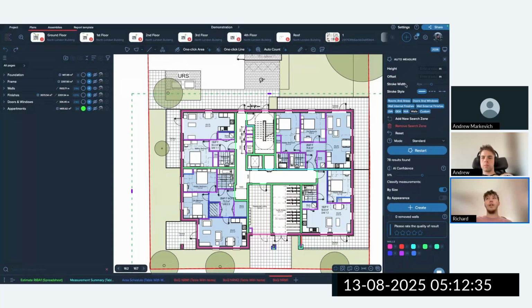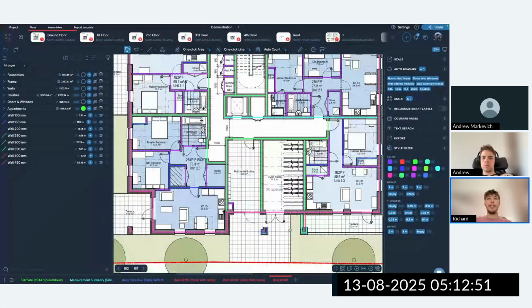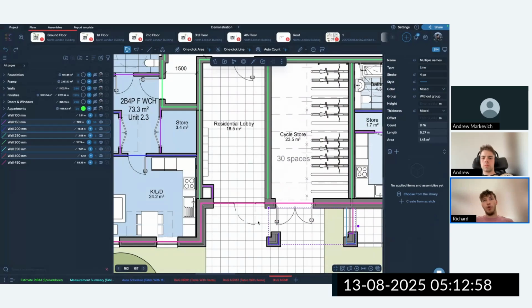You can choose line style, line width, and finally press create here. When you press create, you have all your measurements on the left. They are divided by the thickness. And now you can go ahead and validate it. For instance, here, maybe these are not walls at all, and you can just choose them from the drawing and